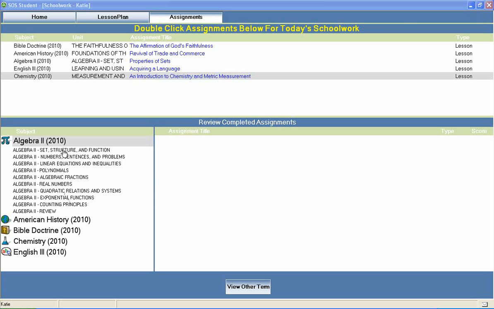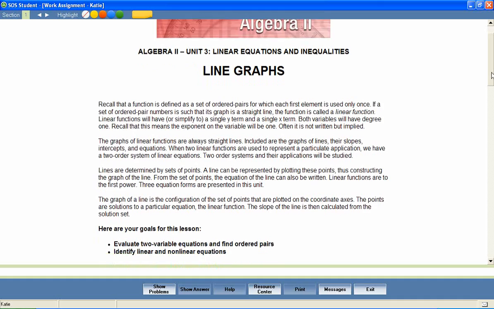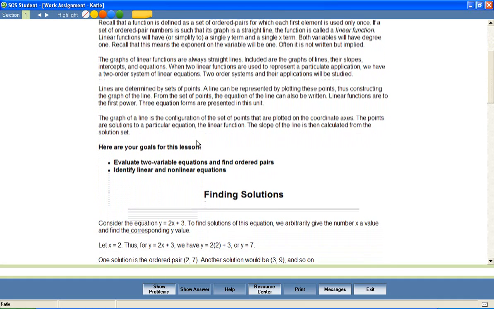Now let's take a look at an Algebra 2 lesson to see how concepts like these are covered. In a unit entitled Linear Equations and Inequalities, let's look at a lesson called Line Graphs. Most Switched On Schoolhouse lessons begin with a brief introduction and a list of objectives for the lesson. These objectives help students stay focused on important lesson content and provide parents with an effective way to measure mastery